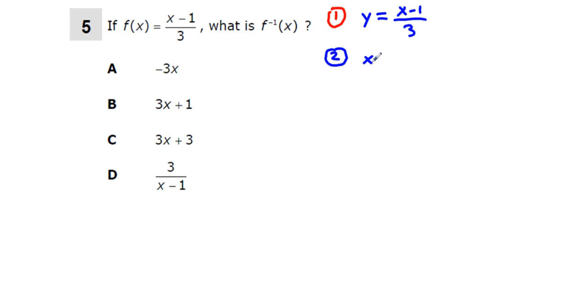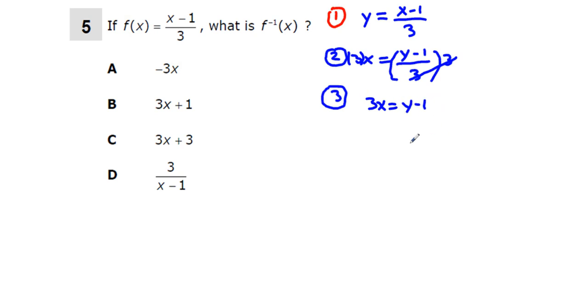So we say x equals y minus 1 over 3. Step 3 is you go about solving for y. Well, if you multiply both sides of this equation by 3, okay, so we multiply by 3, that on the right, 3 over 3 cancel each other. And so what we have is 3x equals y minus 1. And then if we add 1 to both sides of this equation, we get y equals 3x